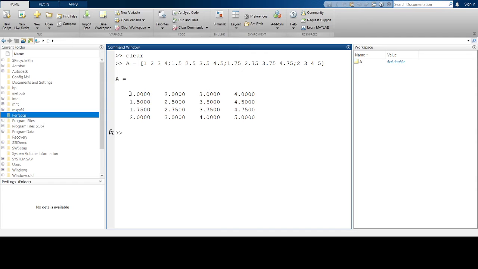So now let's say I want to call this number right here. I just want to extract the number in this location. In order to do this, you need to use this type of formula where you have the matrix name, and then in between brackets you put the row number, comma, the column number. So in this case, if I want to call the number 1.5, I'll call it this way. I have the matrix name, then between brackets, the row number, in this case, is my second row, comma, the first column,